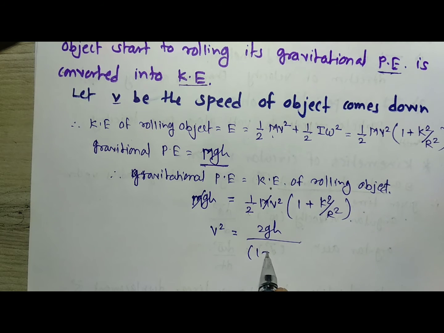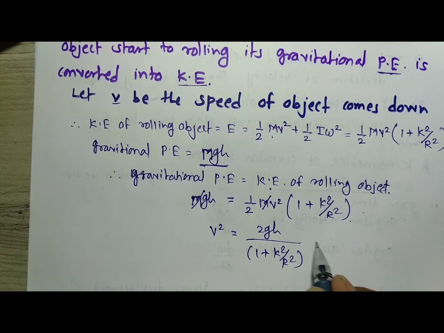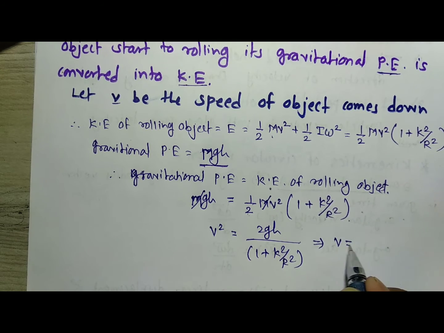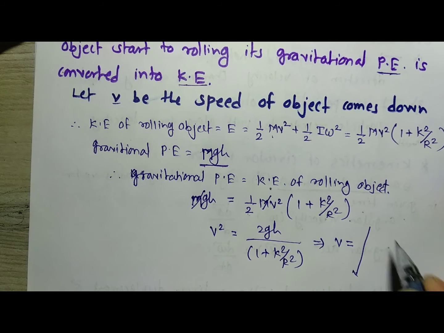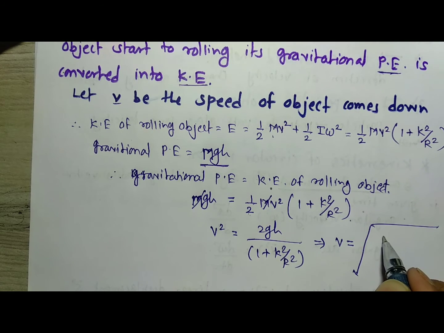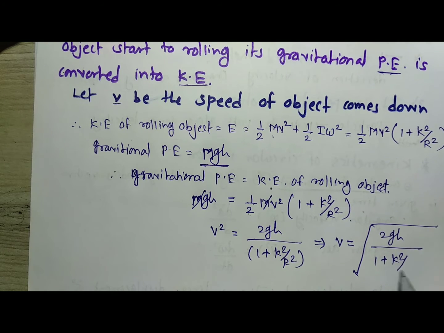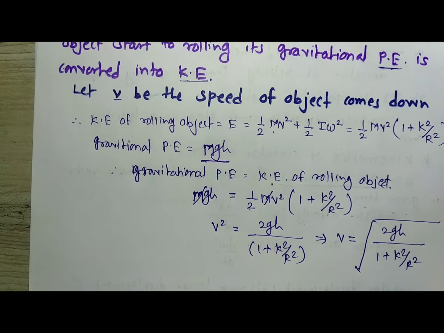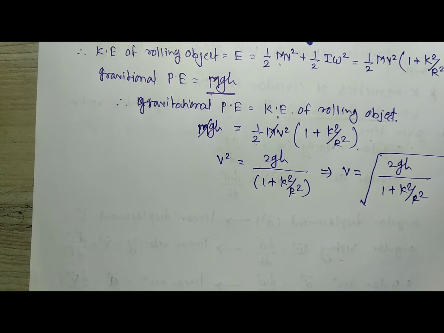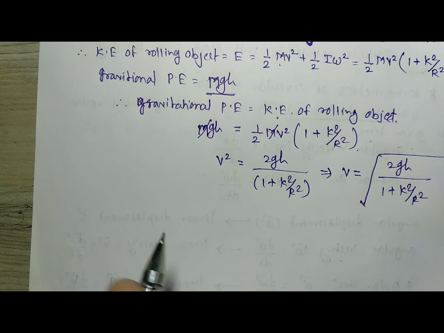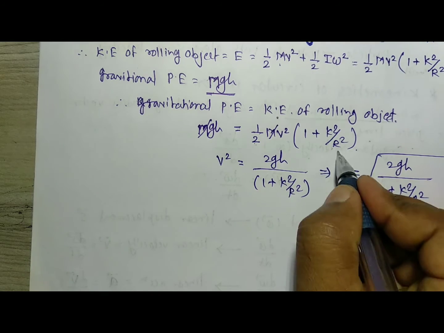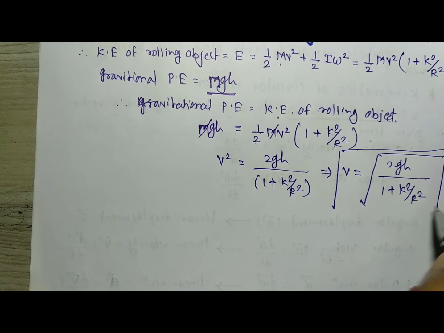You will get the consideration of 1/2 k square divided by r square, and it implies that when we take the square root on both sides, you will get v is equal to 2gh divided by 1 plus k square divided by r square. And by using this you will get the formula for linear speed